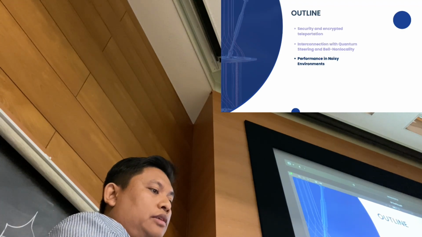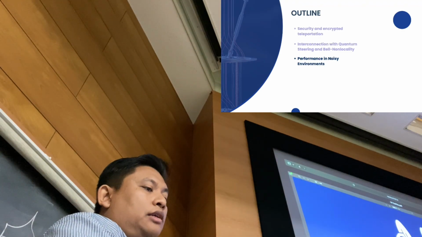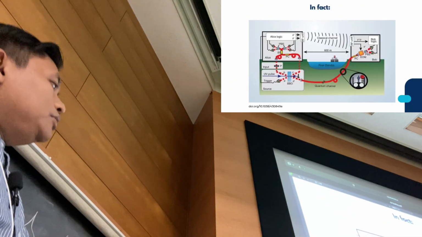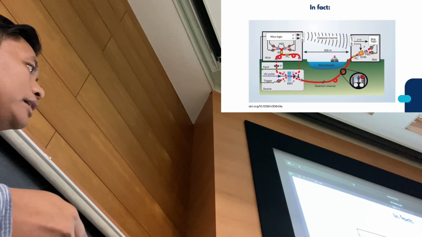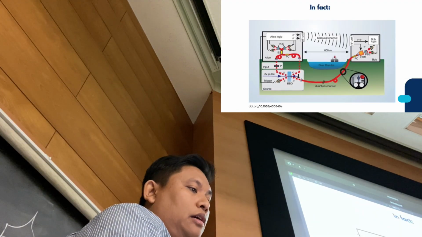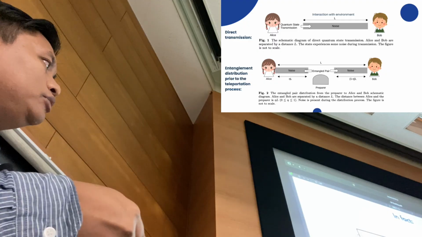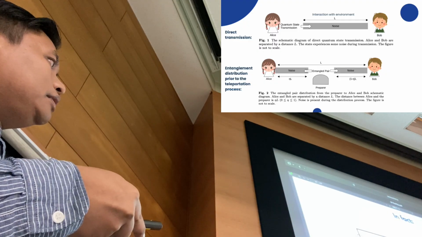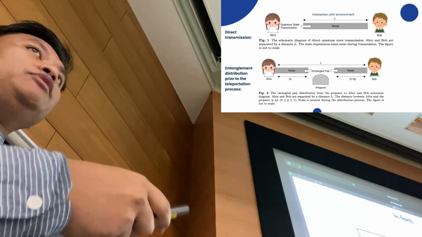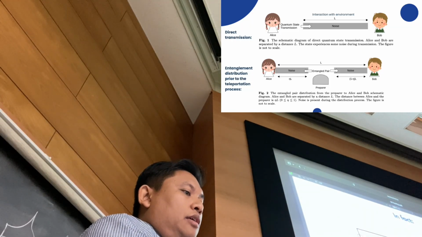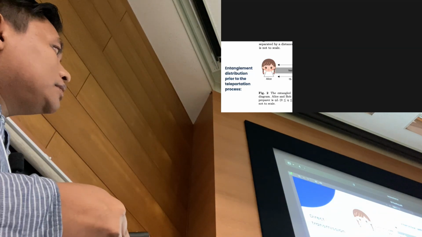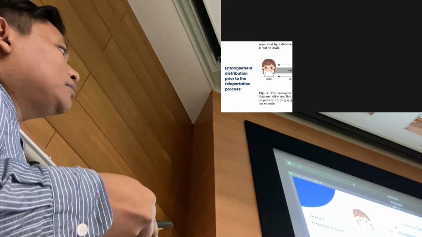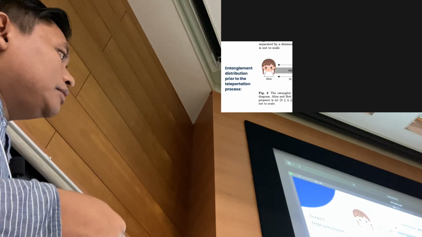And for the last part of my talk, I will talk about the performance in a noisy environment. So the question is, do we really need quantum teleportation? Because in fact, the entangled state should be prepared somewhere in one place and then distributed to the sender and receiver. And why not just use that quantum channel, instead of using it for entangled state distribution, to directly send the qubit from sender to receiver? So I make some comparison here. The first I call direct transmission. There is a sender called Alice, who sends the quantum state through a noisy quantum channel, and this is for the